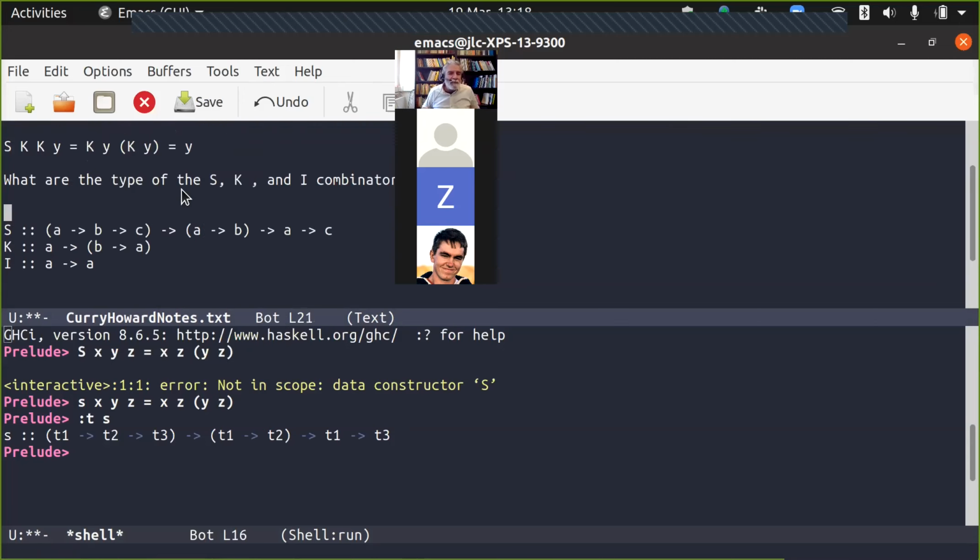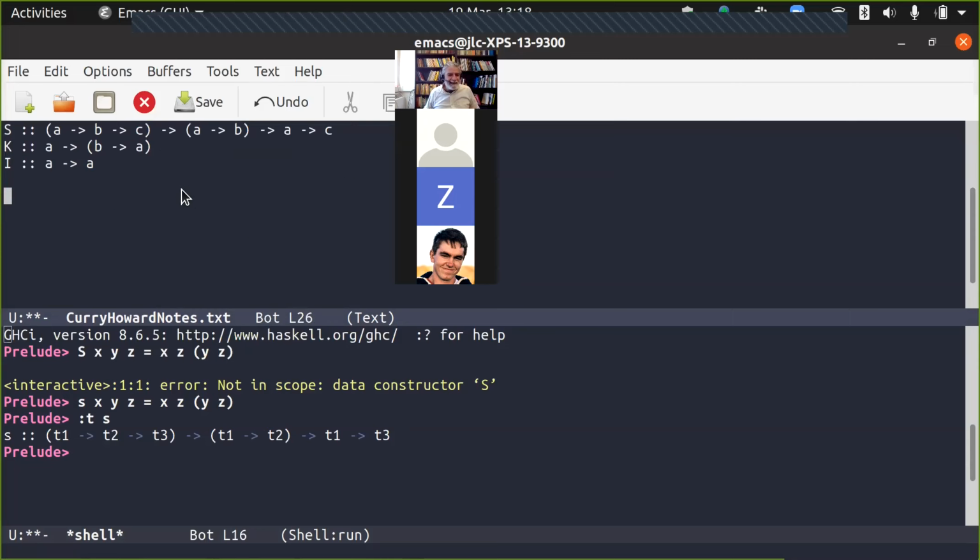So let me just say that the types of these three combinators